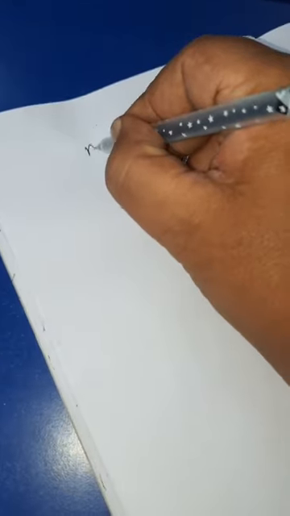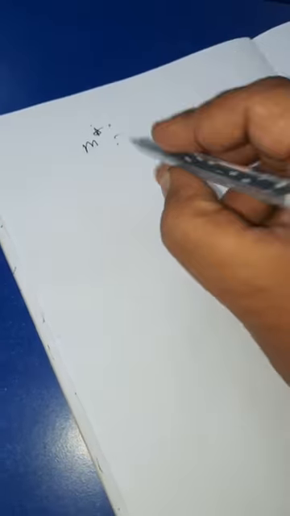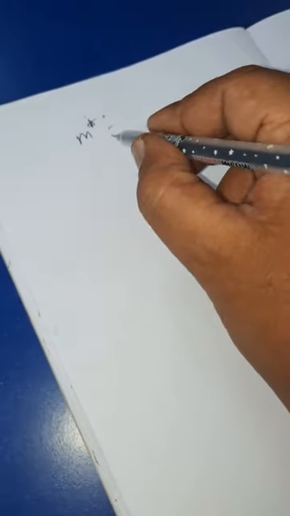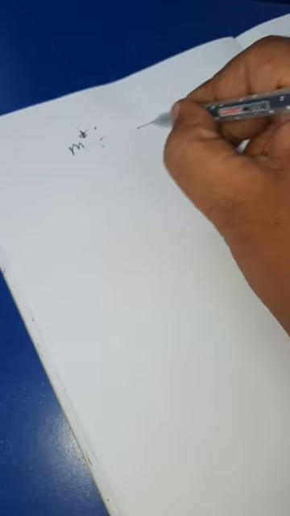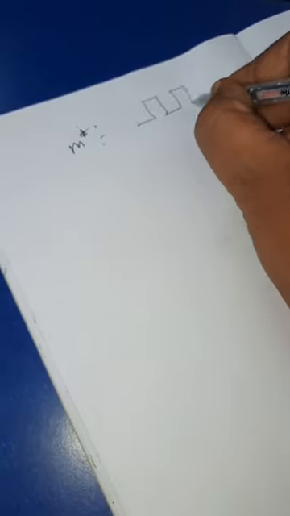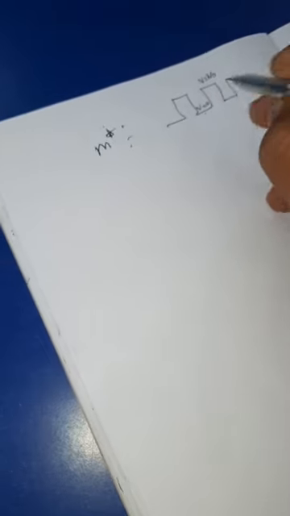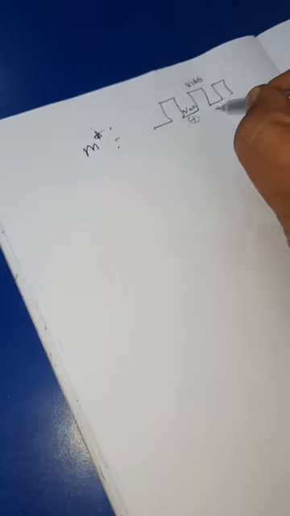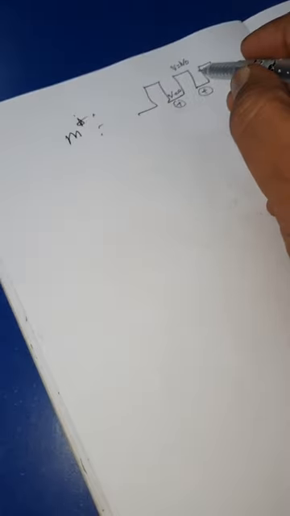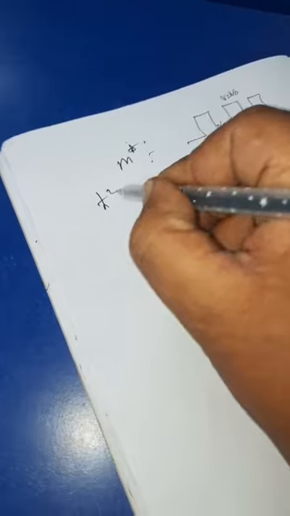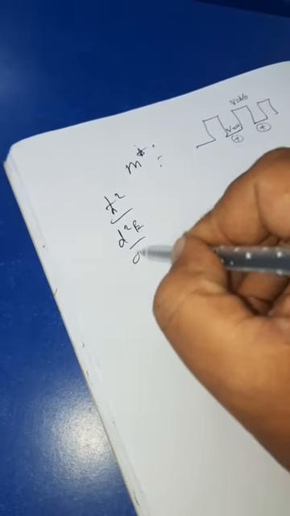So, effective mass m star. The mass of the electron will change in a periodic potential region, right? The potential energy is minimum in some places and maximum in others, because with the periodic arrangement of positive ions, the potential energy also changes. This is actually called the effective mass, and it is given as h square by d square E by